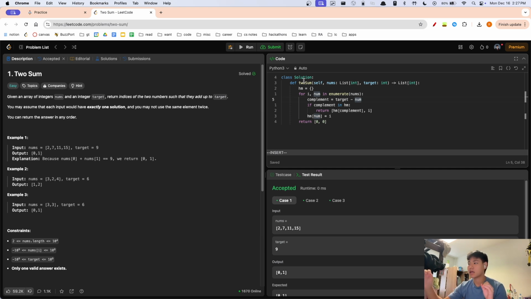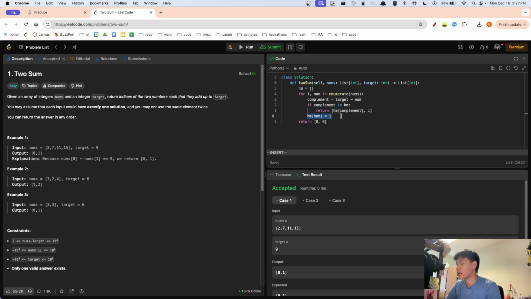And then this complement that does add up to be the target is behind, we'll still eventually get that same pair because we iterate through the whole array. So then we'll get to the second element, and then if we've already seen the first element, so that will be inside hash map already, which is as complement, and then we'll return the value, which is the index, and then the current index,